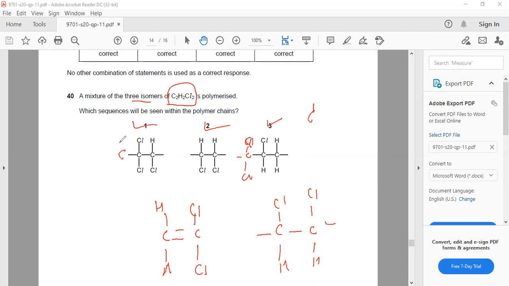Because of the other hydrogen, this is the monomer. What did they do? They just showed you. This is not the repeating unit. They have shown the partial structure. So from this it is possible, from this it is possible, and from this it is also possible. Okay, all three are correct. Okay, that's all for